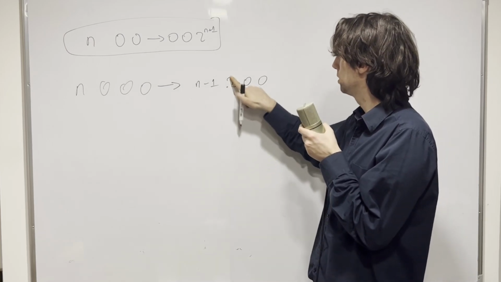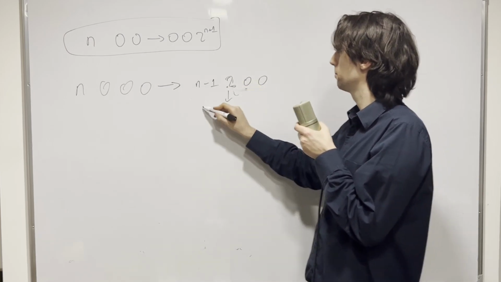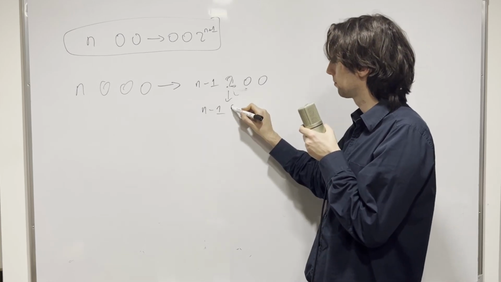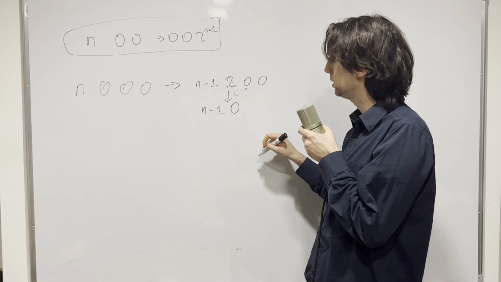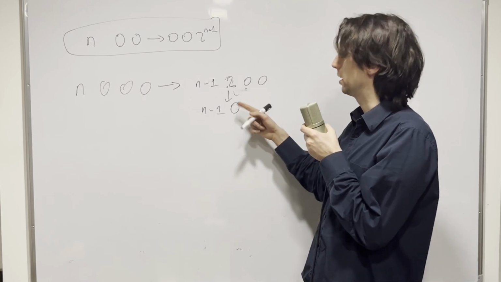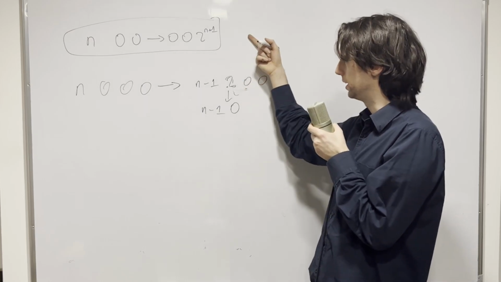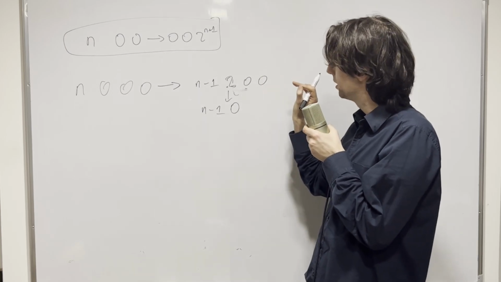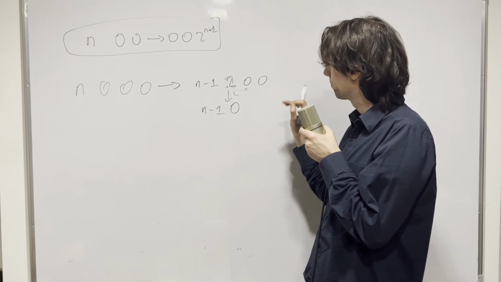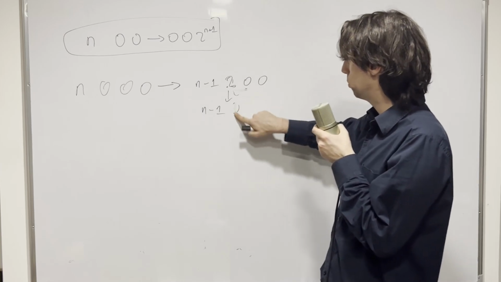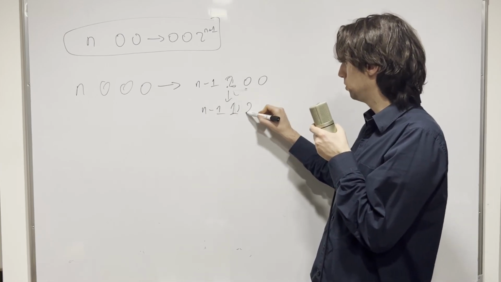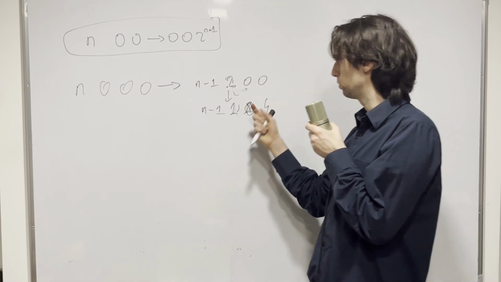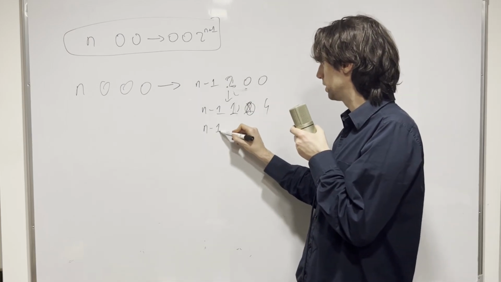Well, if I double it once, I'll get 2 to the n. Actually, wait a second. So what will I get actually? If I subtract this once, and I get a 2, I can double this, I get a 4, switch them around, I'll get n minus 1,